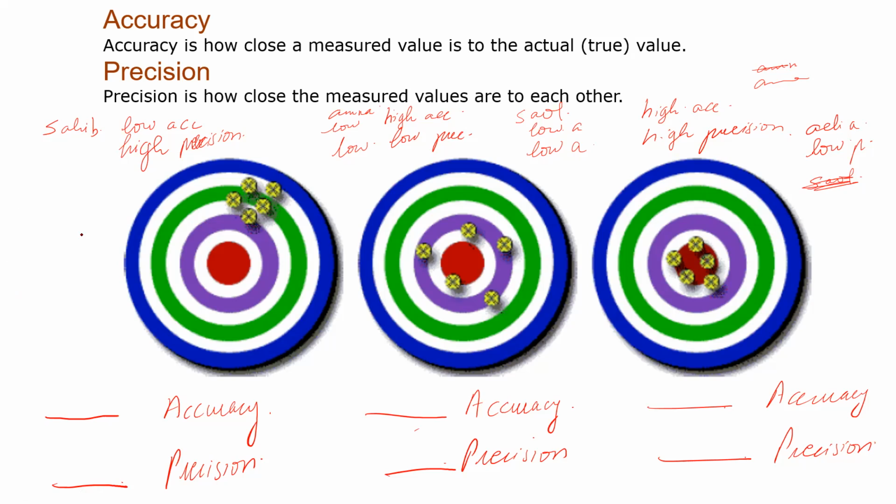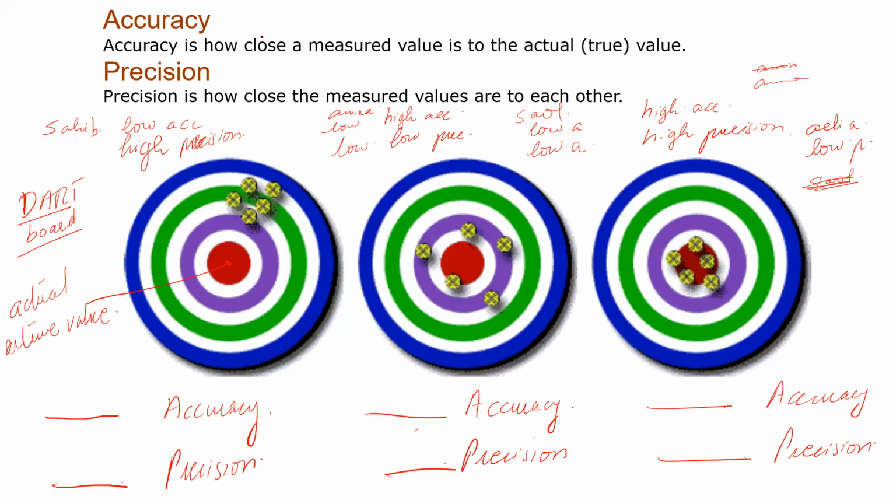Okay, so this is a dartboard. The example we are using here is a dartboard, as you can all see. So you all understand what a dartboard is? It's a game that most people play. You have such a shape on the wall, and the actual value where you're trying to hit the arrows is in the center. So this is the actual or true value in this case.